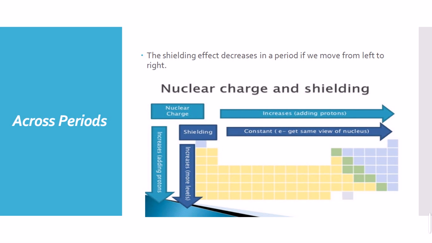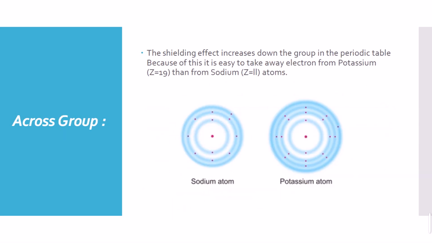But this will not create an increment of the shell number. So this will contract the electrons towards the nucleus and decrease the atomic size. So the shielding effect will decrease as we move from left to right in a period. What happens when we move down the groups? Going down the group from top to bottom, the number of shells increases and the shielding effect increases.